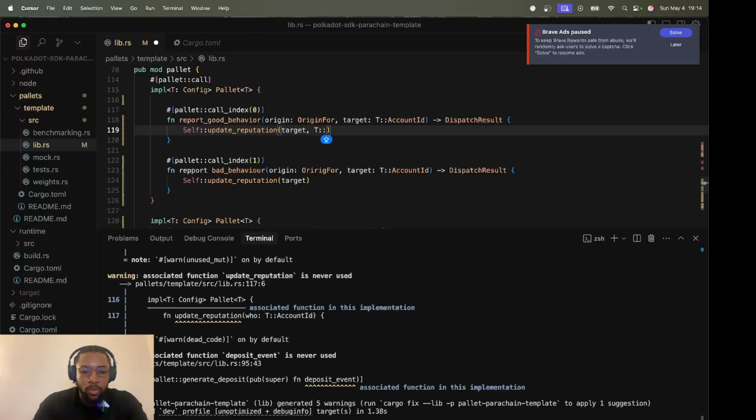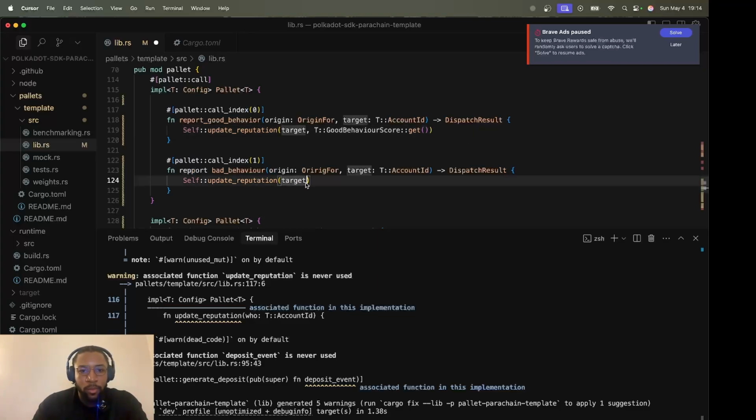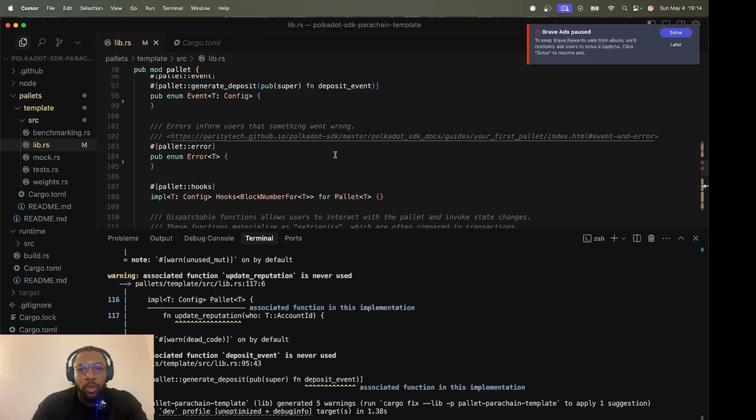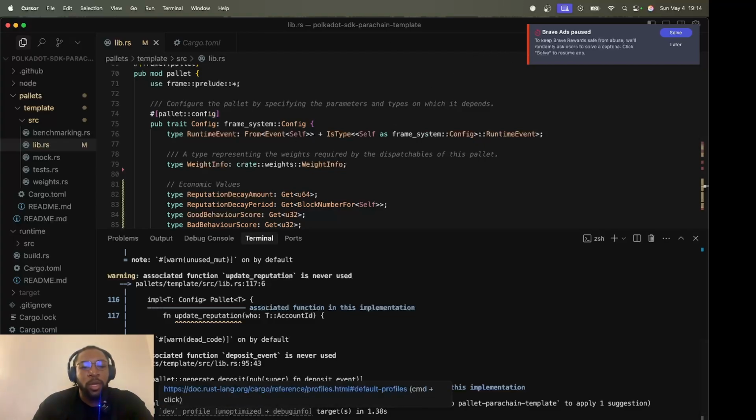Report good behavior. We now get the good behavior score. Let's put that there. I think we would stop here, but I would upload the code for each economic step and outline it. I'll post it in the group.